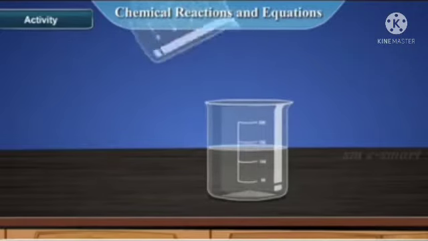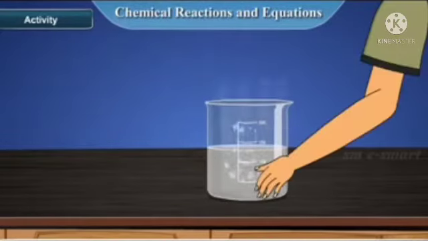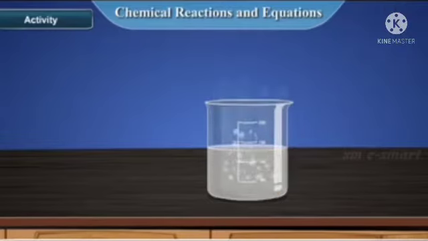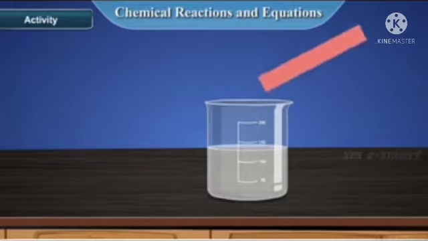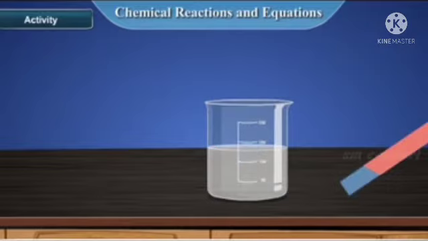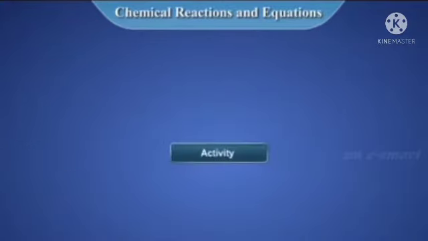Add 10 ml of water to this. Touch the beaker with a finger. The beaker is hot. The reason is that calcium oxide reacts with water and releases heat energy, while calcium oxide dissolves in water, producing a colorless solution. Dip the red litmus paper in it. Red litmus turns blue in color. We conclude that the solution obtained is a basic solution.